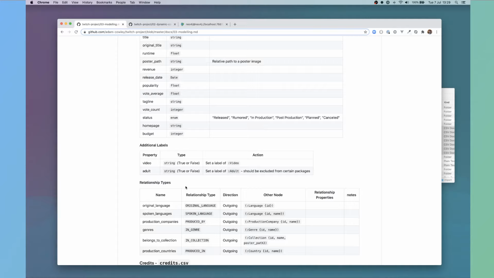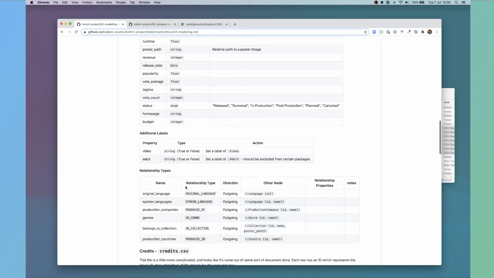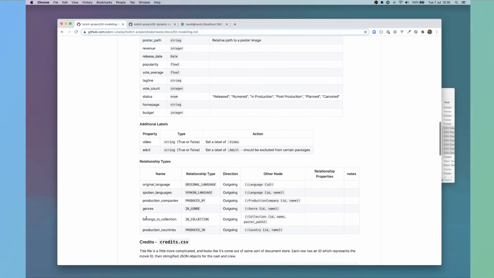For example, for video, we set the Video label. And for adult, maybe it's something that we'd use to exclude from certain packages. Maybe if a user account has an individual profile which is a child's profile, then we should look to exclude that as well. And then we look at the relationship types that are created from there.